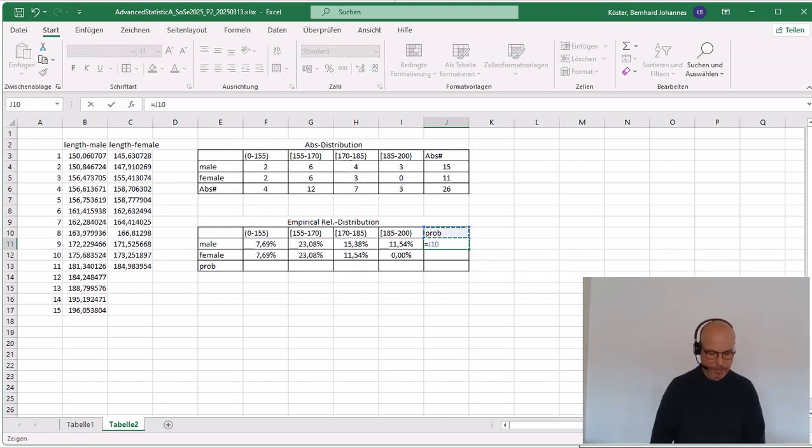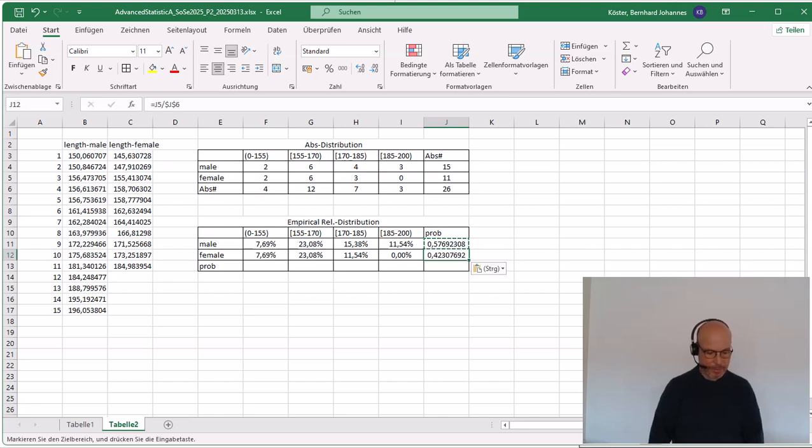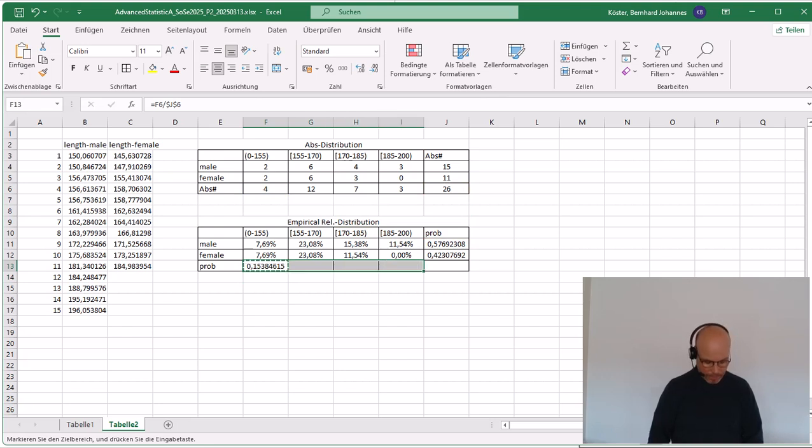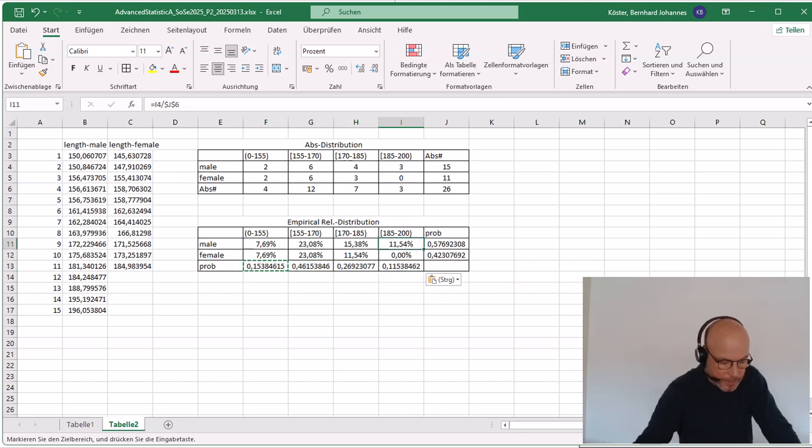So our 15 divided by 26, and here also our 4 divided by 26, and again copying this down here, formatting it in percent,